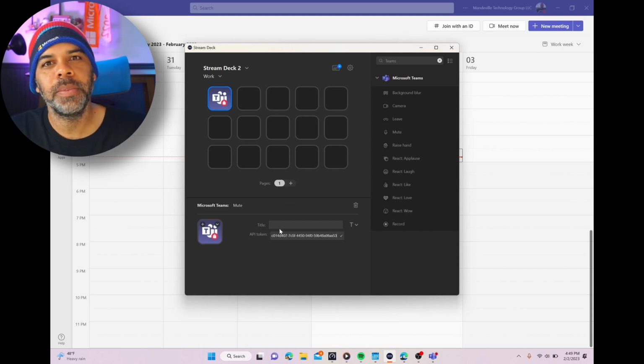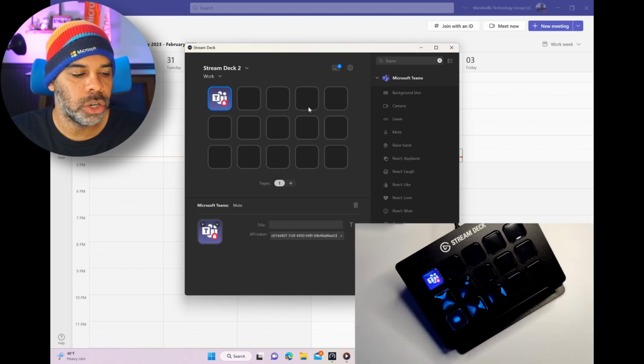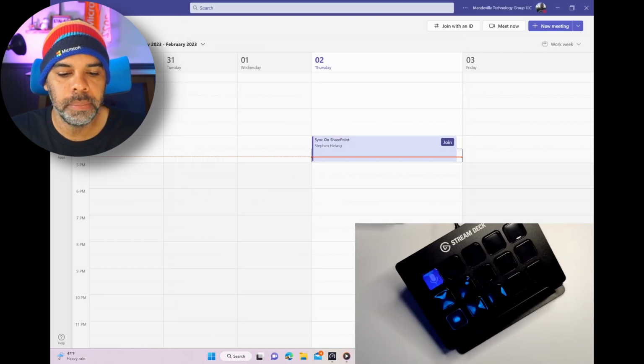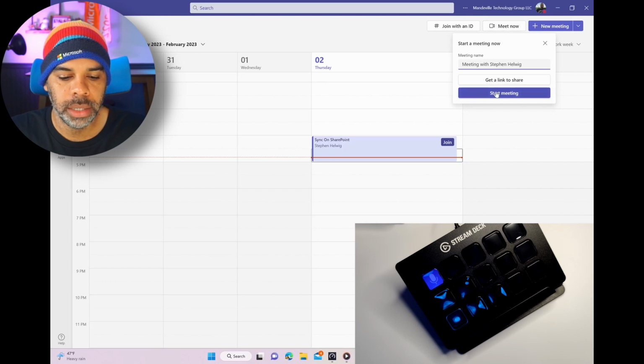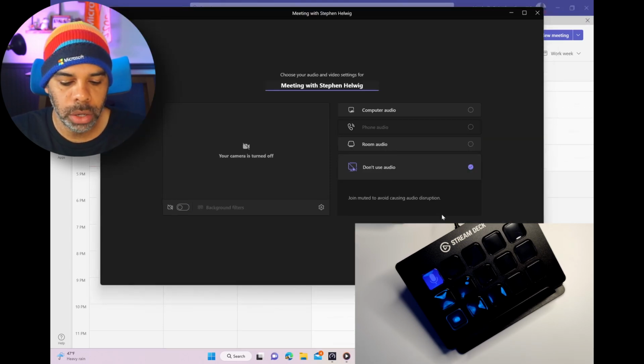It's not used. It's because you actually need to be in a Teams meeting for it to do that initial activation. And that was another thing I had to figure out. So if you go back into your Teams client and go to the calendar, just click Meet Now, right, and start a meeting. And then when you get here, I just say don't use audio because you don't want the audio going back and forth and reverbing. And once you click Join,